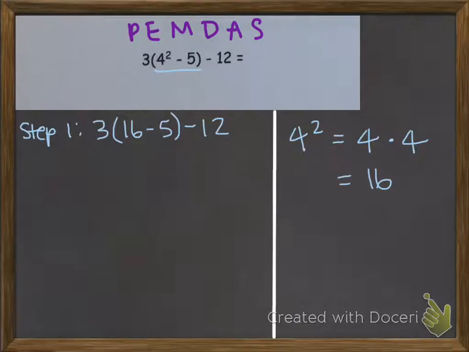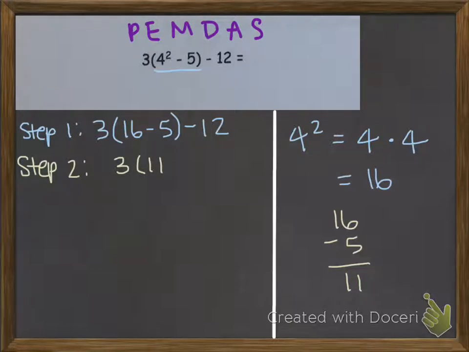So step 2 of my problem is going to involve me finishing what I began inside of the parentheses. I have to do 16 minus 5. That's the only operation left. 16 minus 5 is 11. So I'm going to write 3 and then an open parentheses, 11, close the parentheses, minus 12. So I have solved what was inside of the parentheses, and I can go ahead and cross out the P